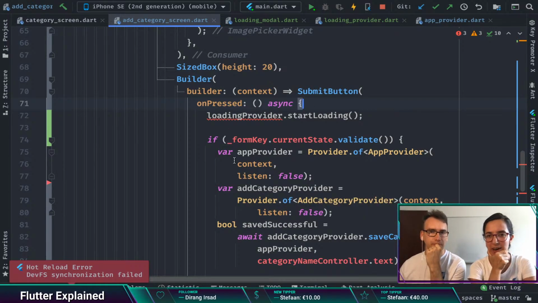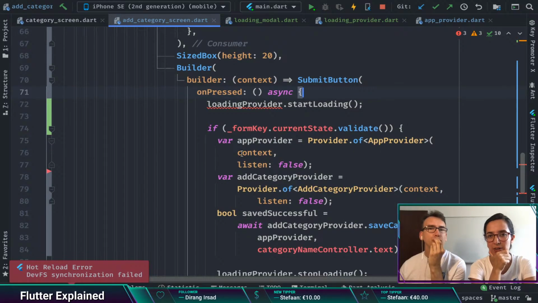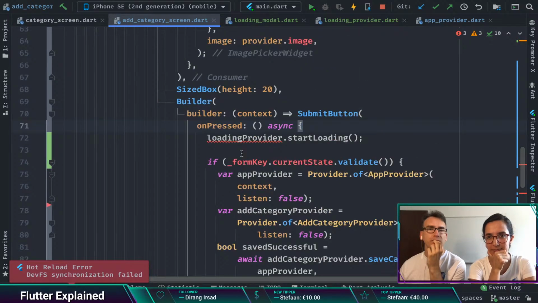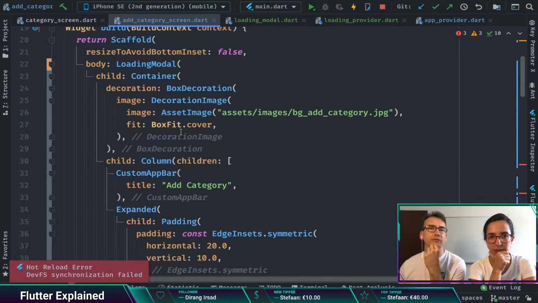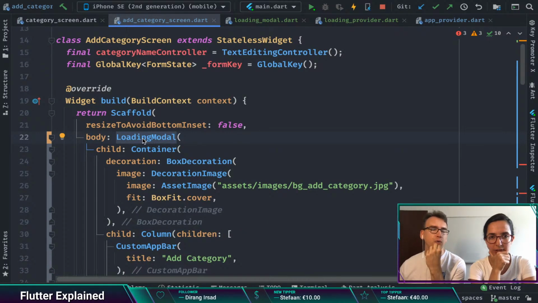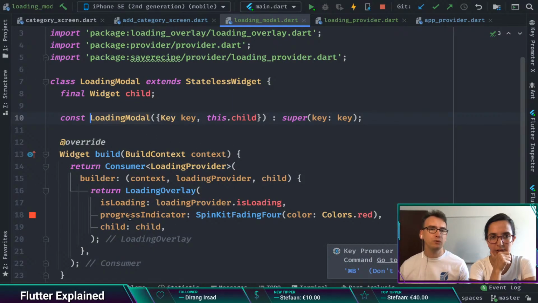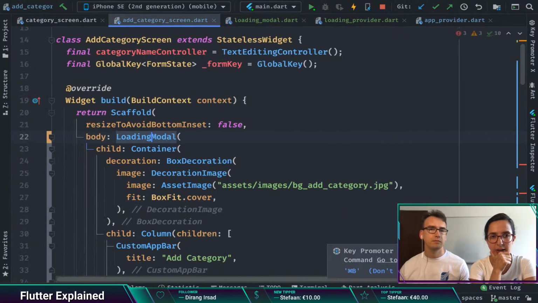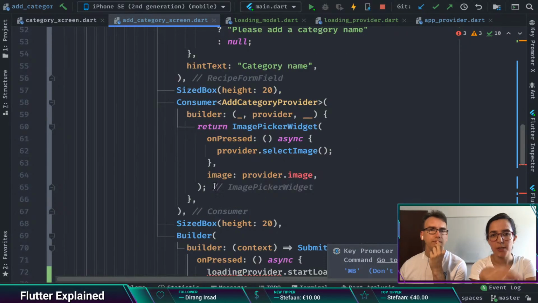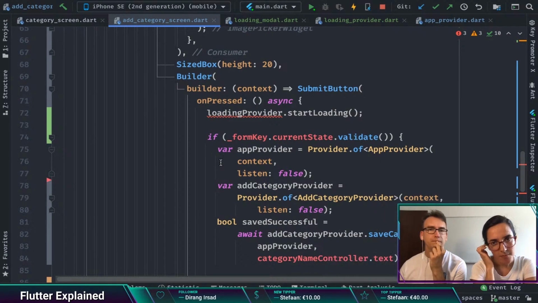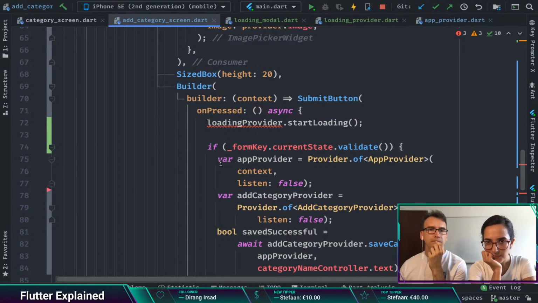Okay, I would say we have it already, the consumer, in our widget, right? No, the consumer is not there anymore. If you remember, we moved that into our own loading modal now. So now we don't have access anymore to these parts, like that loading provider here. Okay, one option is, because we anyway have here a builder,